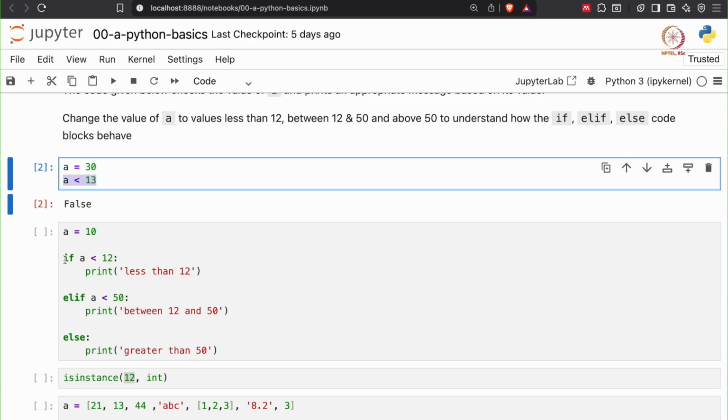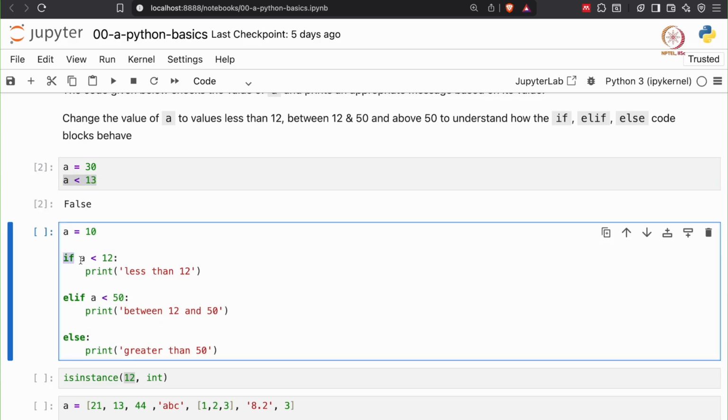So we always start with a keyword if, and then we provide a conditional and then a colon, and within the colon with indentation we print the lines of code that need to be executed when the conditional within if returns a true value. And the other blocks are optional, so there's an optional elif block that should always be